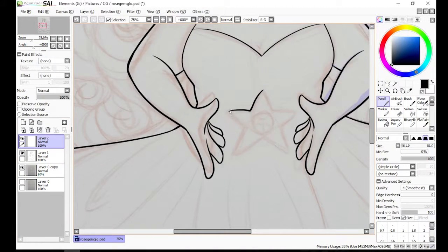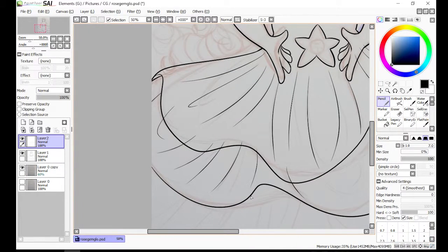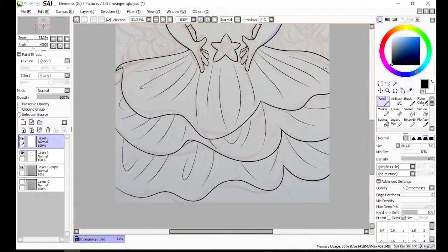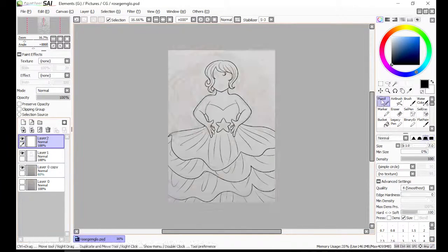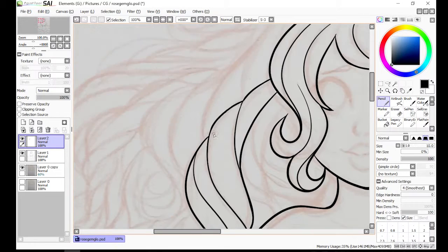She's a big lady, she's got big hair and a big dress, and all that just comes out to a great big yes for me. So I drew Rose. This sketch looks a little bit different than my usual sketches because this was done traditionally in my sketchbook. The original sketch was done in just a Strathmore pocket sketchbook